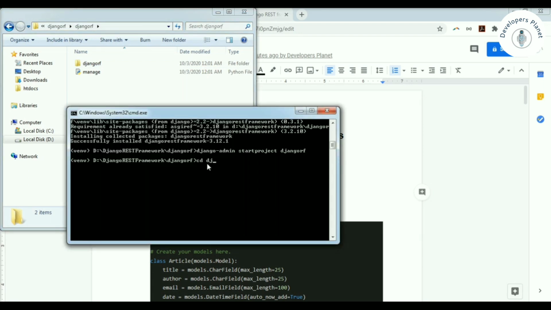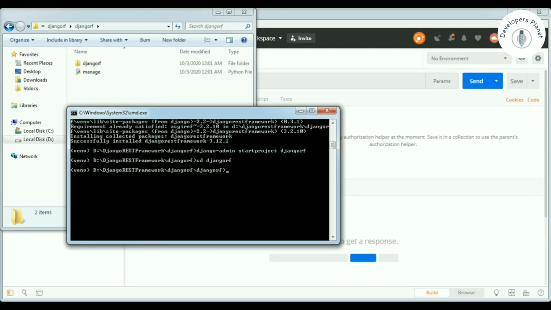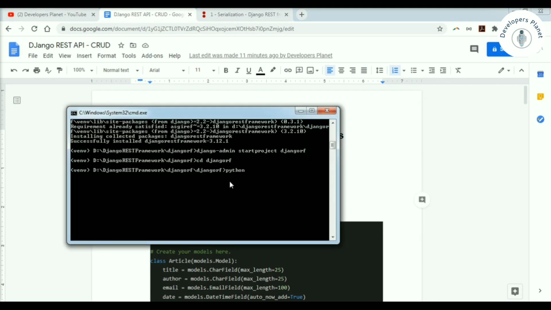Let's go inside this Django RF, and now let's go to the doc again. What we need to do, we need to create an app. On the official website it's creating a snippets app, but we are not going to create a snippets app. Let's go to our doc file. We will create an app, regular views. So let's create an app, python manage.py start.